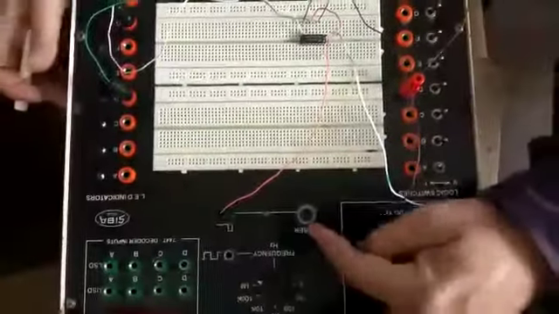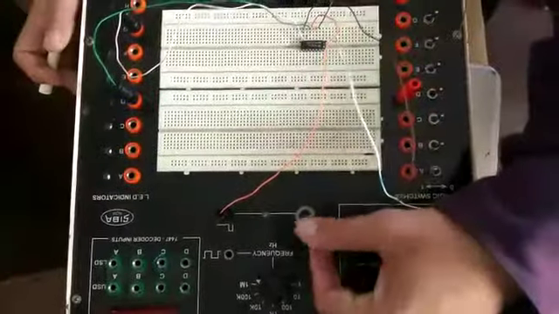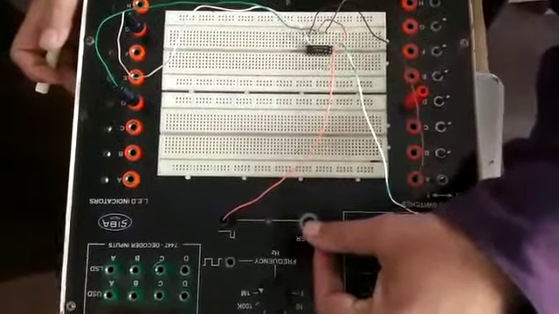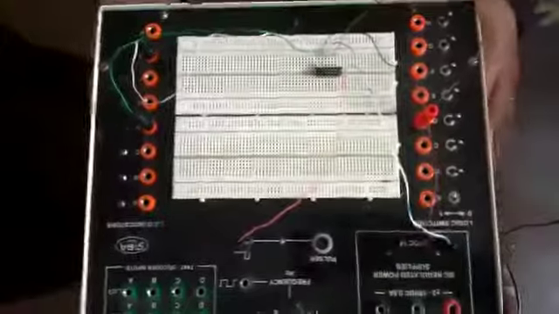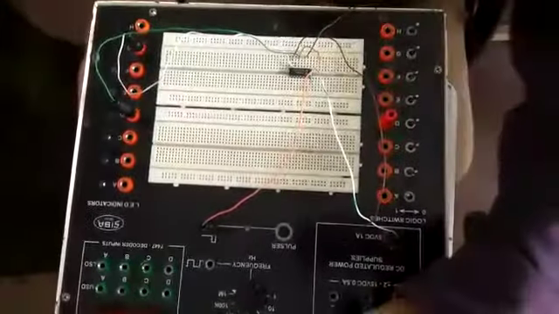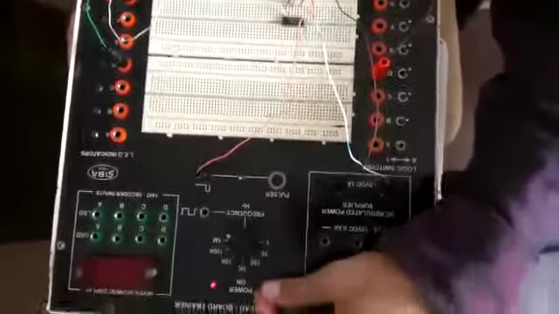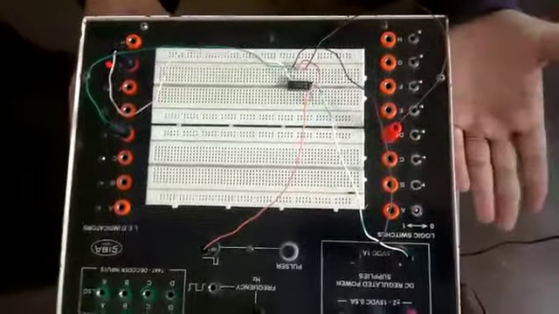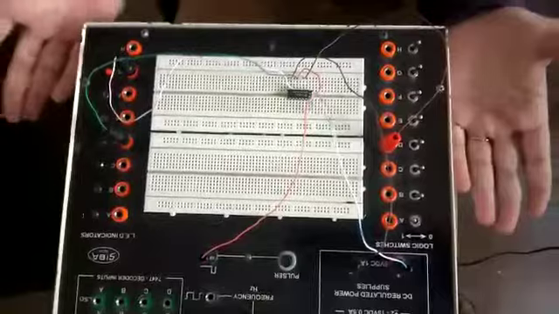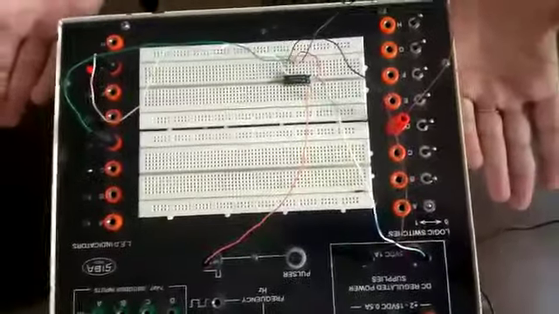A pulser is used there. So whenever we have to apply the clock, this has to be pressed like this. Then the clock will be applied. Now we will perform the truth table of this D flip-flop. First of all, turn it on. I have told you a number of times that towards the left side is off, towards the right side is on. Off stands for 0, on stands for 1.